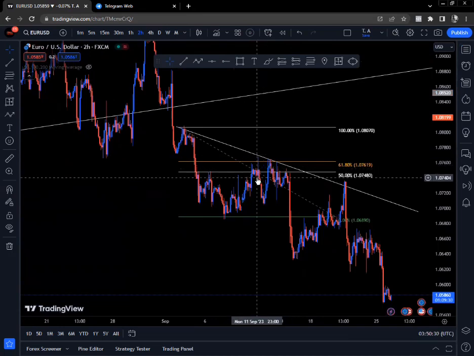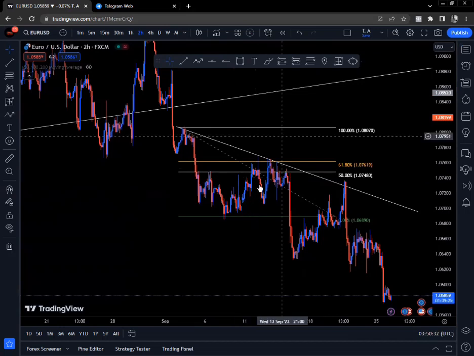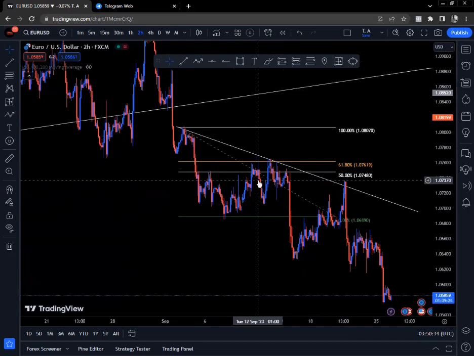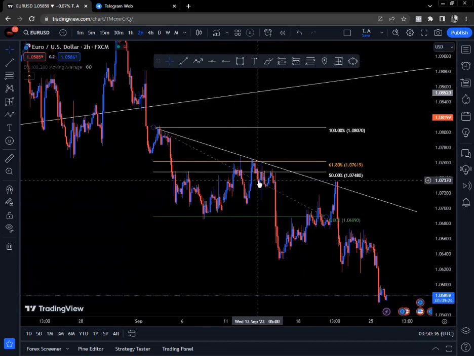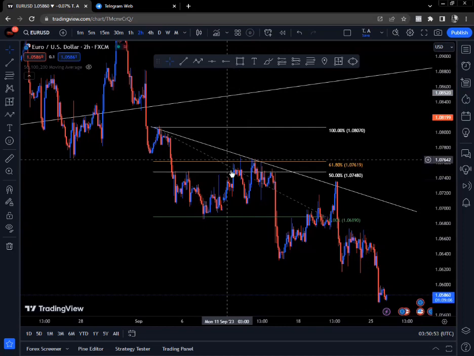I think I took the trade around here. Let me confirm the levels I took the trade on from my MT4. Well, this trade has lasted for how many days? I think I took the trade around